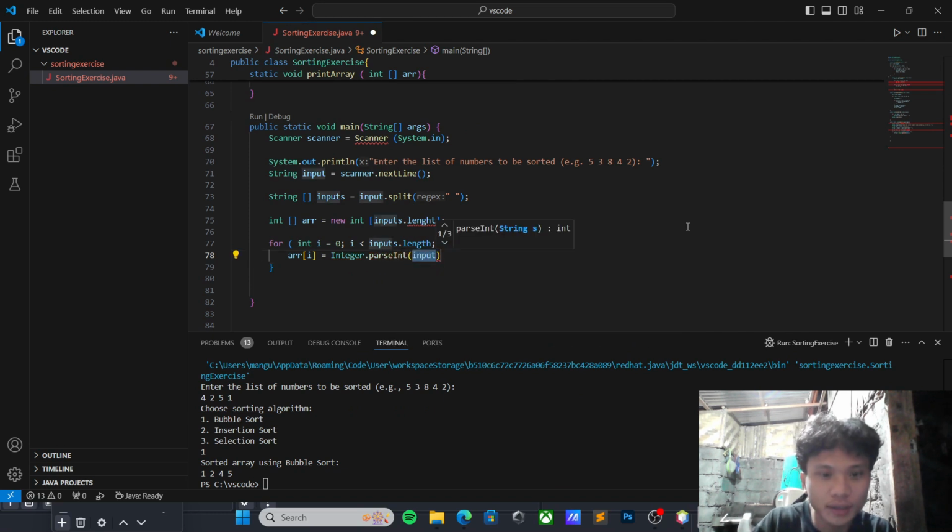So inside this parameter should be inputs[i].